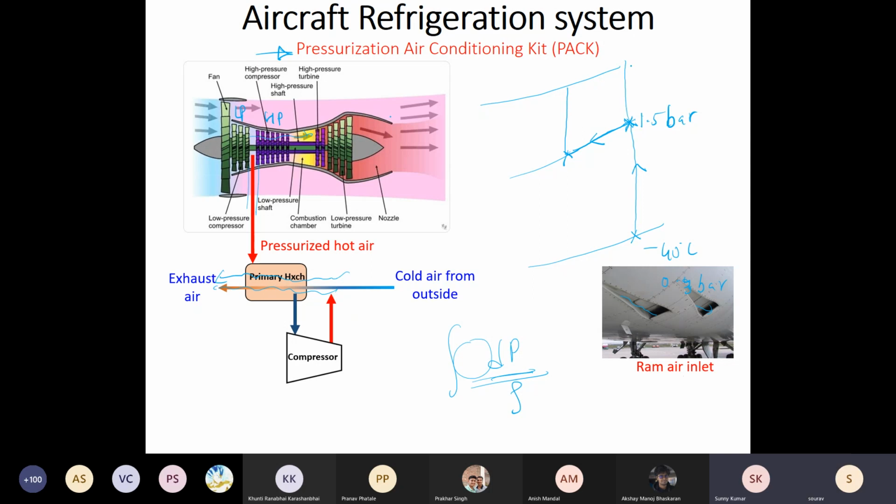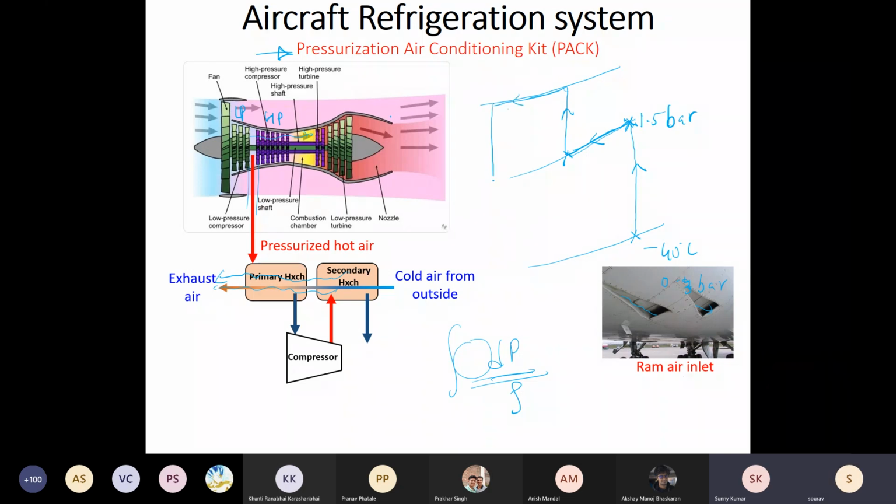So whenever we have multi-staging, and we want to reduce the work of compression, we place some kind of a heat exchanger between these two stages. So we cool this air and then compress it to a higher pressure, and then again cool. This is the second heat exchanger,